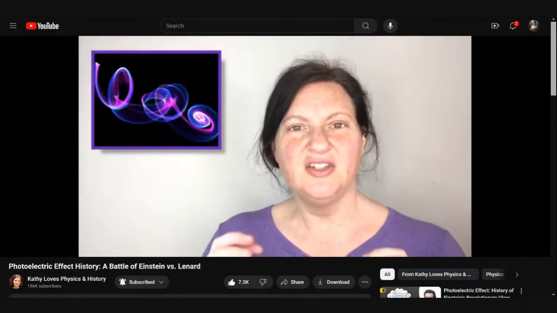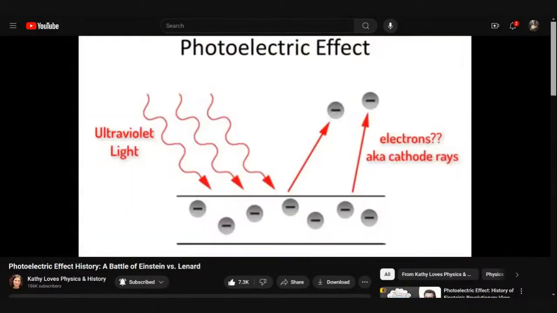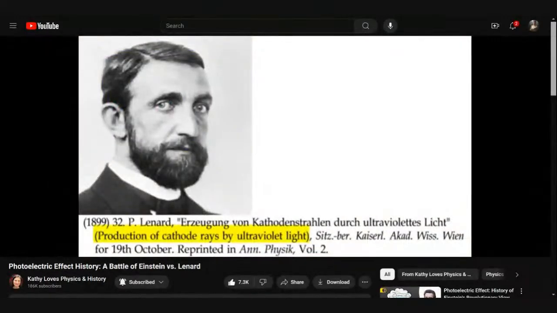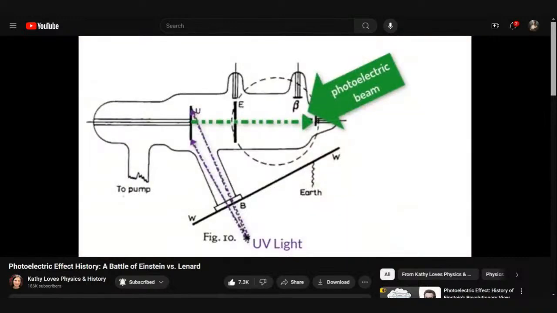What if his old theory, that the charges were only carried by dust, was right, if the dust was really just electrons or cathode rays? In October of 1899, Leonard published The Generation of Cathode Rays with Ultraviolet Light, where he demonstrated that ultraviolet light produced electrons by shining ultraviolet light through a quartz screen into a vacuum tube and studying